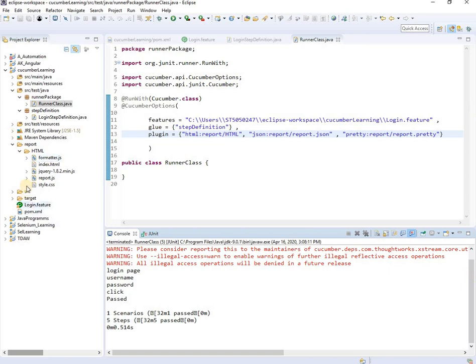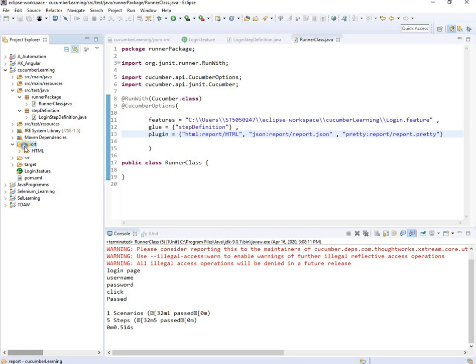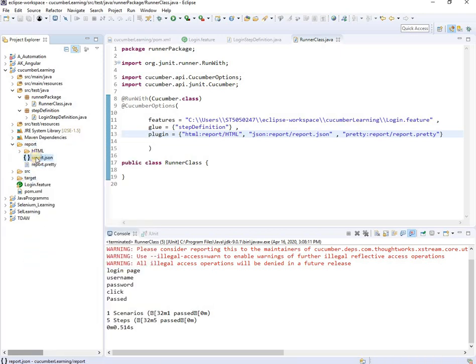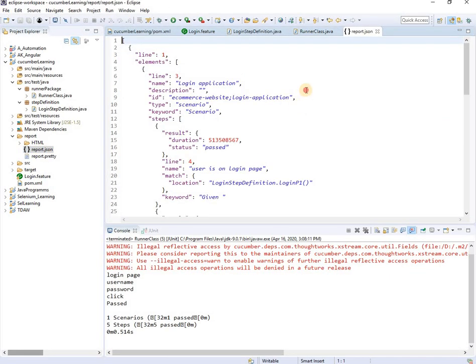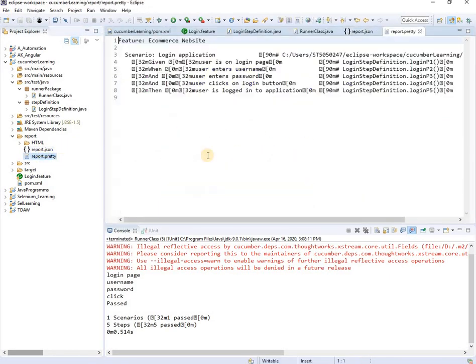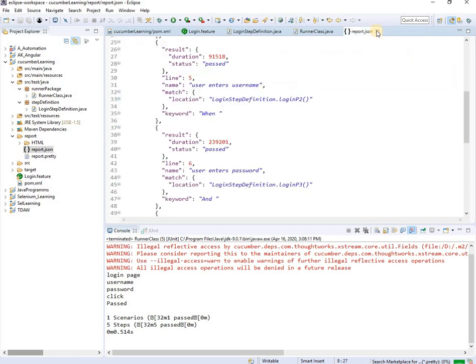It got passed. Let's see if our report got created. I'll refresh it. So we got two more reports. I'll open this. This is the JSON report. This is the pretty report. It's not looking so pretty. I'll make it pretty, I'll tell you right now.